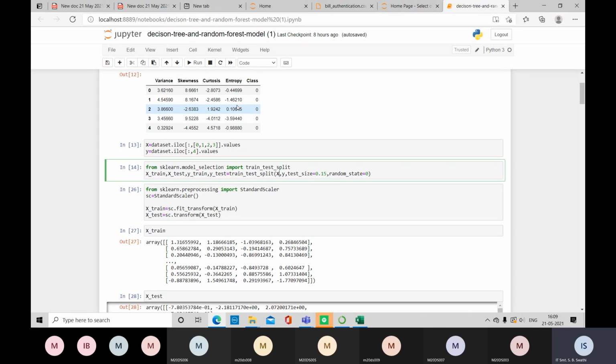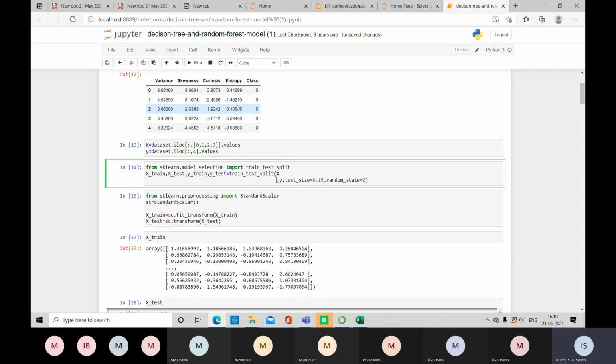See, some of the numbers have digits after the decimal point; some have 3, some have 5. There is no uniformity. And moreover, class is showing exactly integers. That is not matching with the remaining 4 columns of data, which are float numbers. It should not be like that. Either everything should be integers or everything should be float. Then only any type of ML algorithm will work. Otherwise, it won't work.